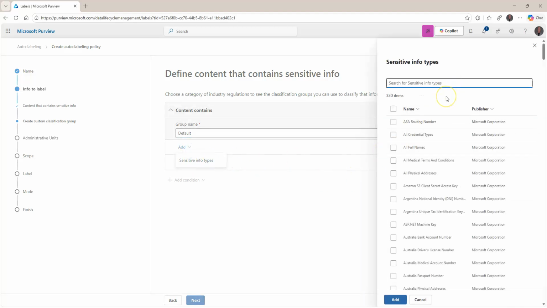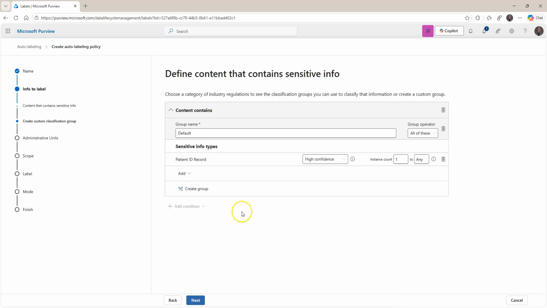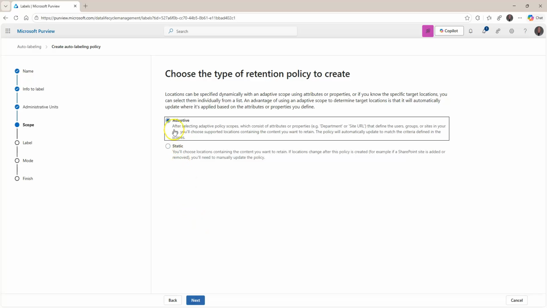And remember, we have the sensitive info type of patient ID record. And remember there's an EDM, or exact data match, that we had created here. In this case, I'm just going to do the custom one that we built, custom patient ID record, and I'm going to add that. And so now I'm telling this policy that wherever you find the sensitive information type of patient ID record, and we're going to get to scope here in a second,